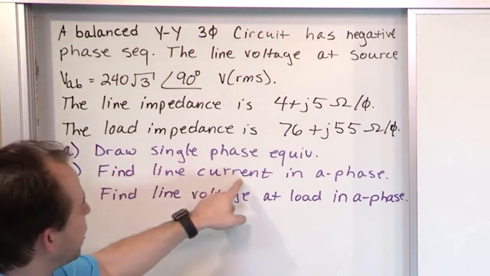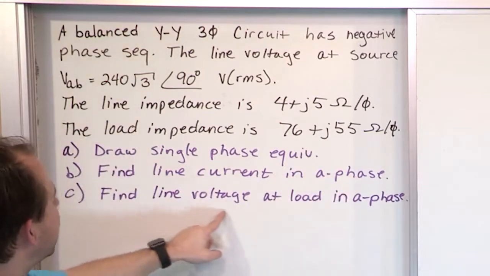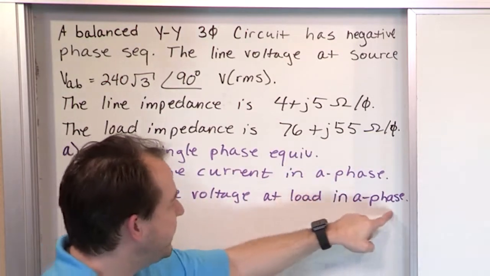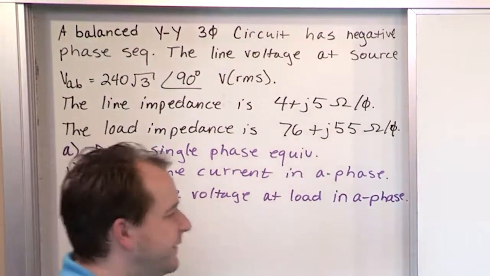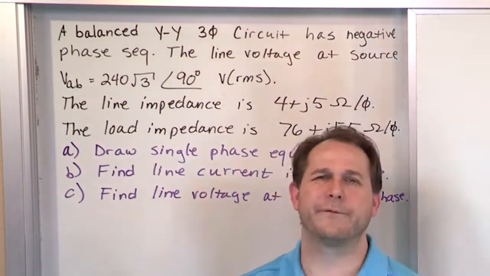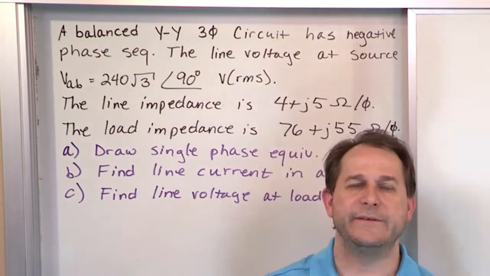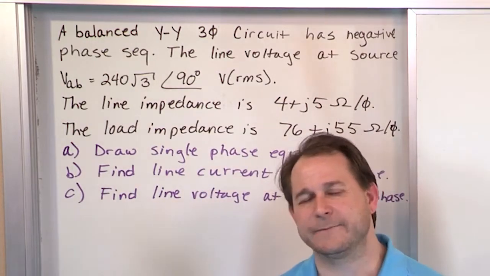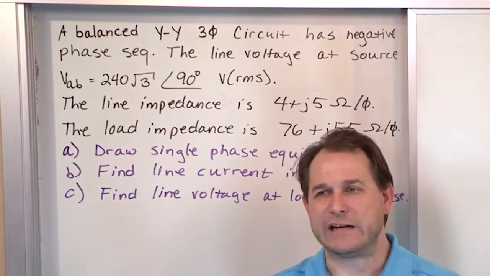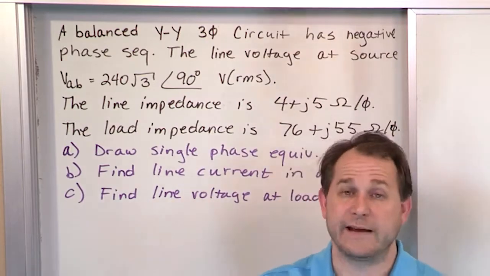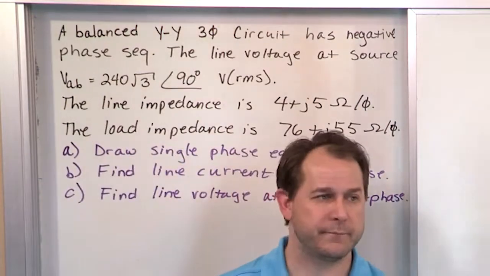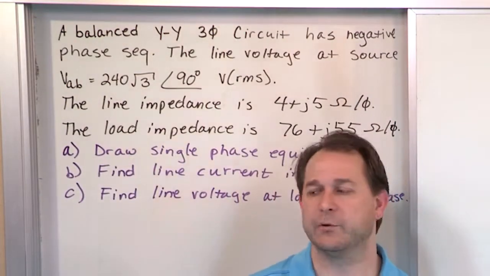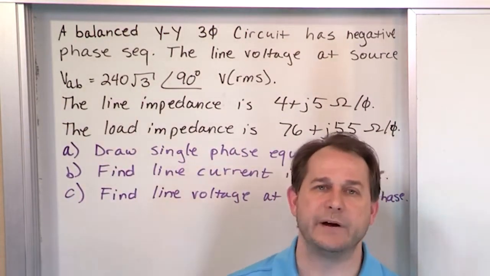Then we need to find the line current in the A phase, and then we need to find the line voltage at the load in the A phase. So it seems that everything in this problem has to do with the A phase, because, as I've mentioned more than once, you solve for everything in the A phase, and the B and the C phases are known. Since it's balanced and you know the phase sequence, once I know the A phase current, for instance, I can find the B and C phase currents because I know it's a negative phase sequence, so I can add or subtract 120 appropriately. We're going to have more problems where we end up doing that. But essentially, once you find the